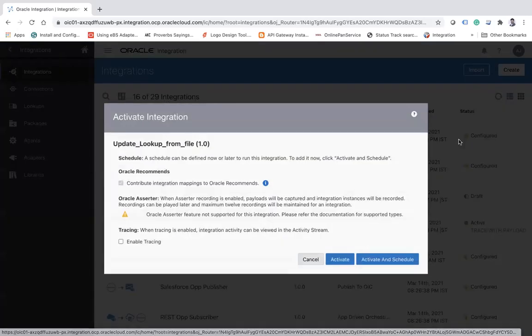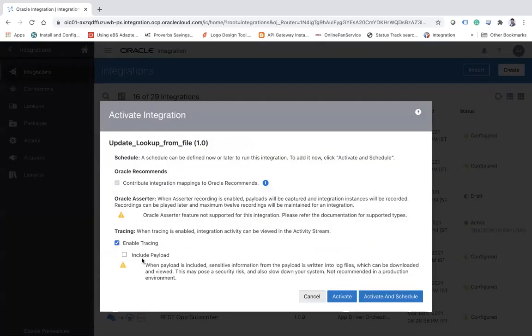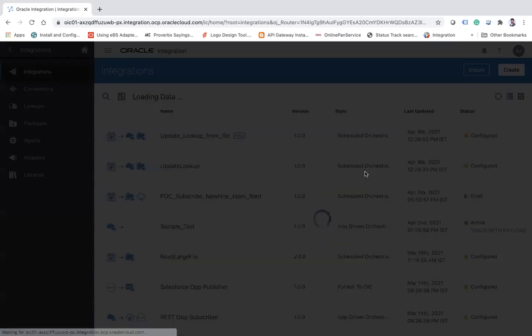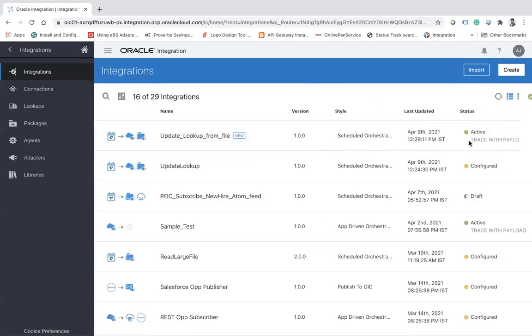Run this integration and we will see what will happen. Activate. Integration is going to be activated. Integration has been activated now. Now just run this integration and we'll see what will happen.